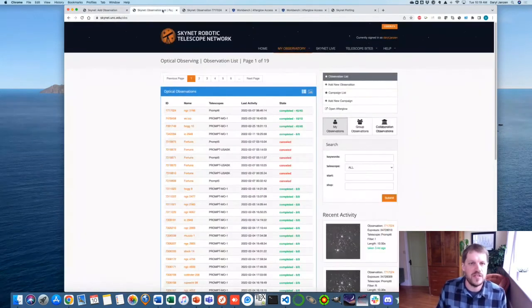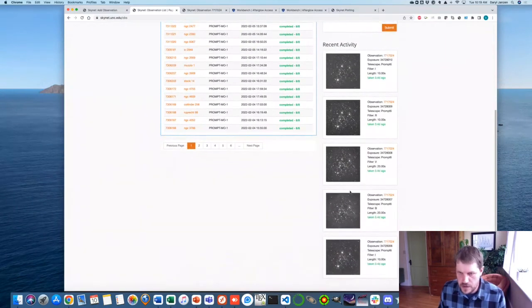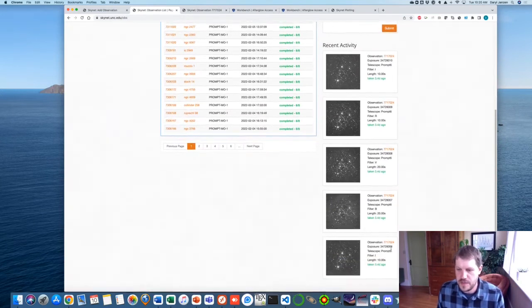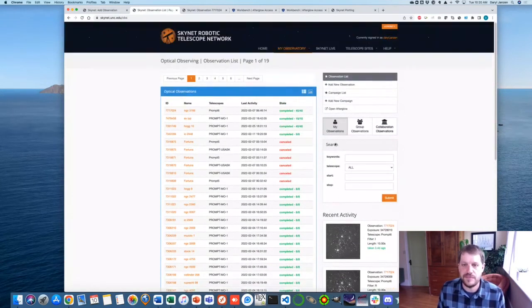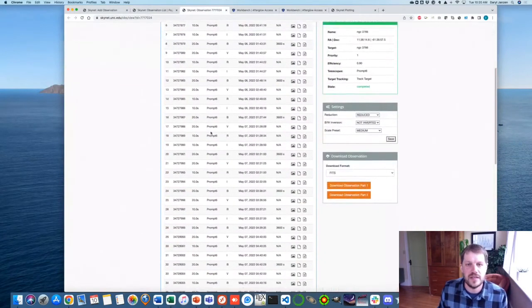So here's the observation. These are sort of my list of recent observations, and this is the one that I set up, like I said, a few days ago. Here are some of the recent images that were taken. I set up a sequence to repeat every hour or so in BVRI, and so these were taken within the last few days. Here's my